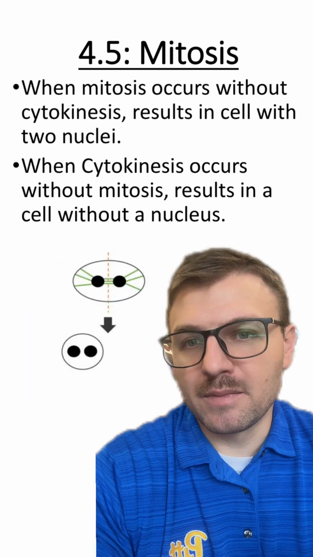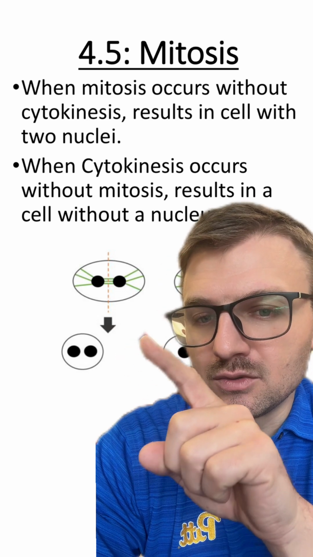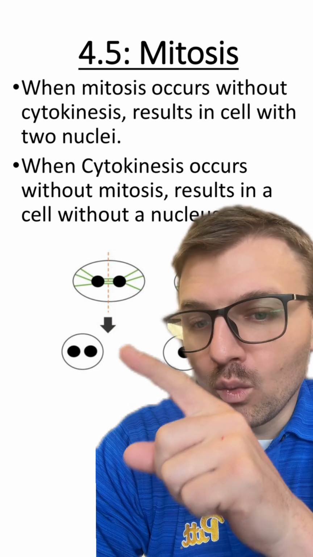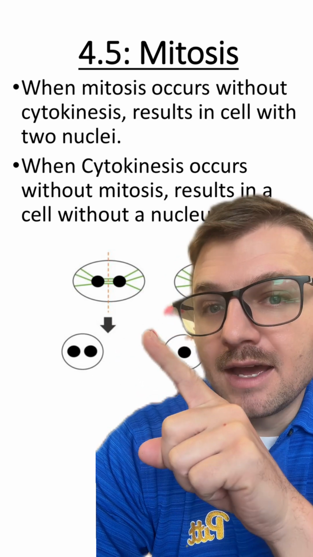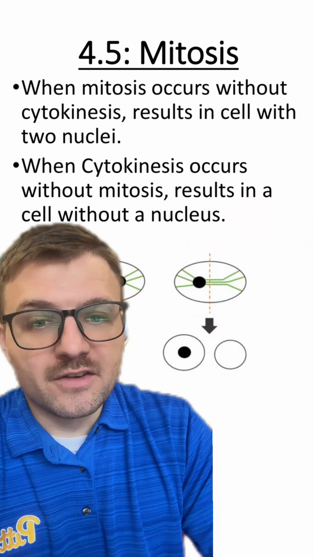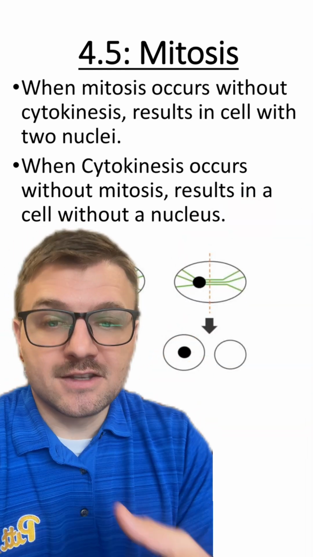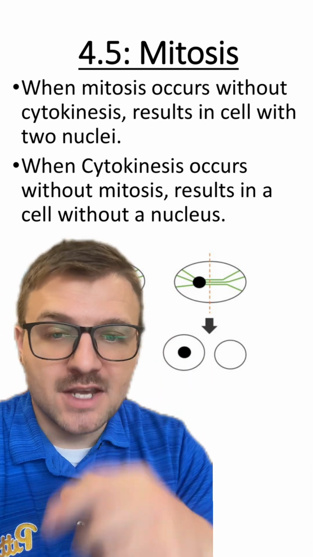I like to mention here, when mitosis occurs without cytokinesis, you're going to see a cell with 2 nuclei. Since again, cytokinesis is the division of the cytoplasm, we don't have that here, so we have mitosis creating 2 nuclei, but not 2 new cells. Whenever cytokinesis occurs without mitosis, you're going to see a cell without a nucleus, since we didn't double the nucleus. We'll still have that original cell, but we also have a cell here without a